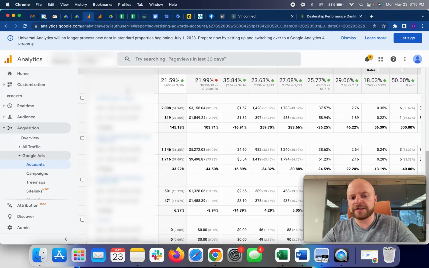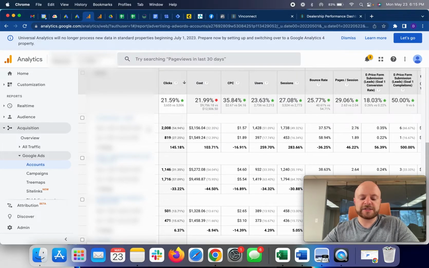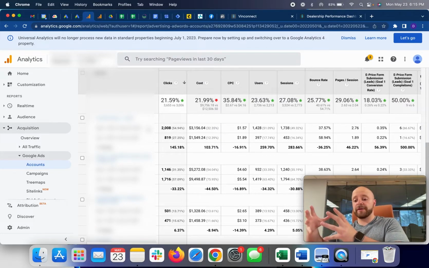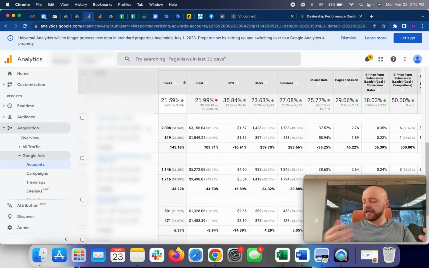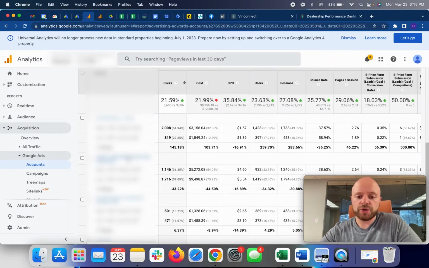Notice this account, the item number 1 sorted by clicks, is the one that we took some of the campaigns over from. It wasn't a complete transition. And then account number 2 is where we pulled the dollars from. So you'll notice that this went up by 103%, and then this budget went down by almost 50%, 45% from what we could see now.